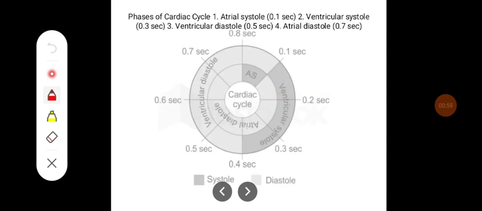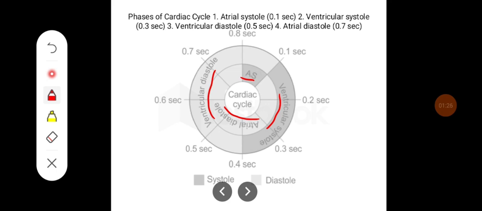The cardiac cycle is depicted in this particular diagram, where it is showing the atrial events like atrial systole and atrial diastole, and ventricular events such as ventricular systole and ventricular diastole. Atrial systole is 0.1 second, atrial diastole 0.7 second, whereas ventricular systole is 0.3 second and ventricular diastole is